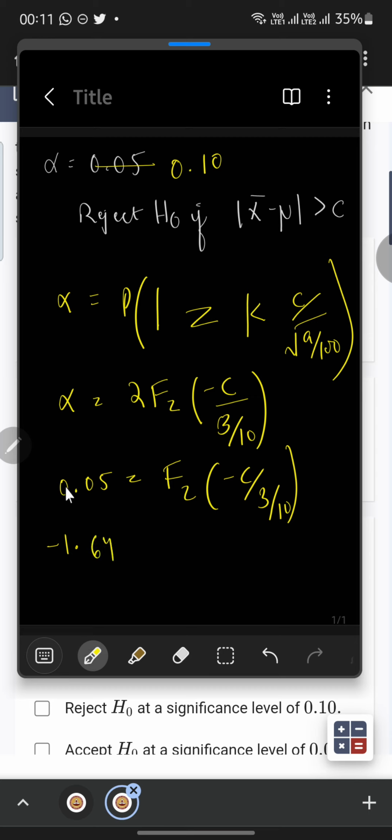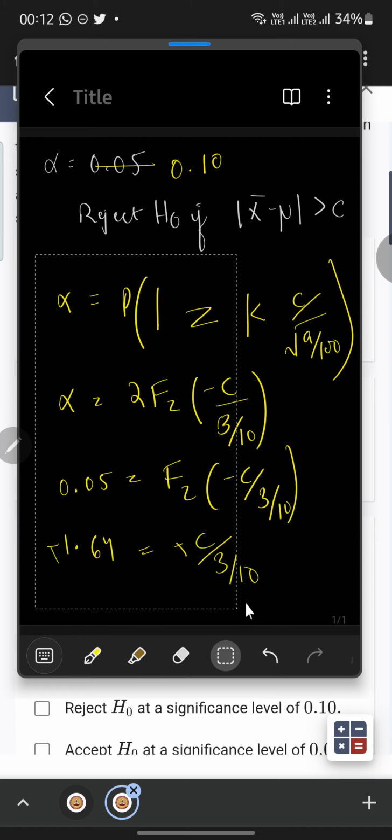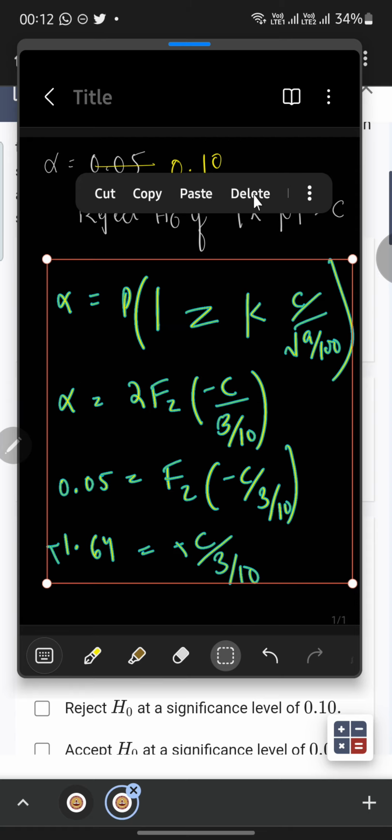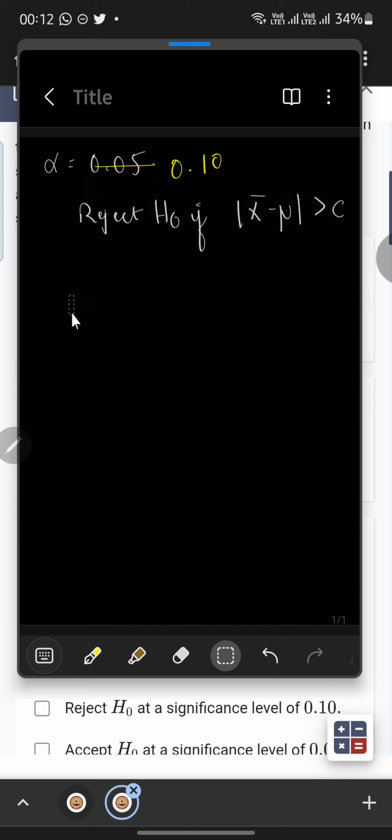I'm just saying fz inverse of 0.05 is minus 1.64, which will be equal to minus c by 3 by 10. This will be cancelled out, and at last we will get c equals 3 by 10